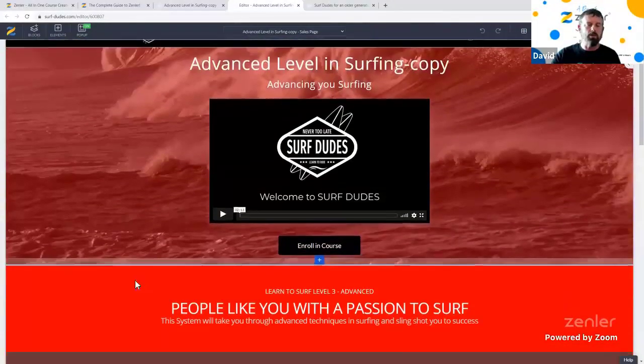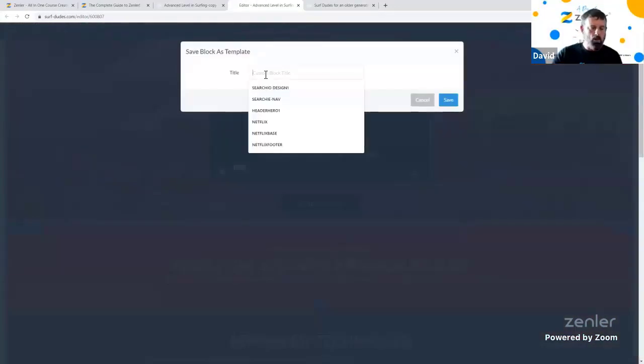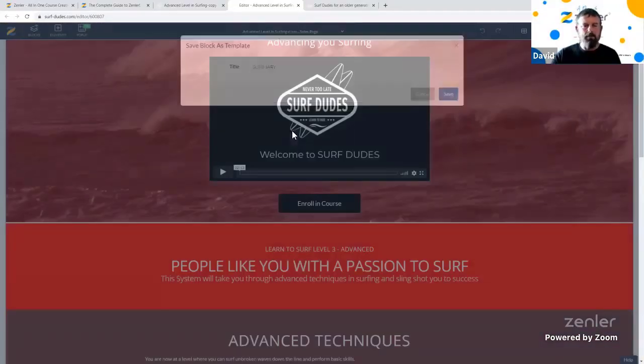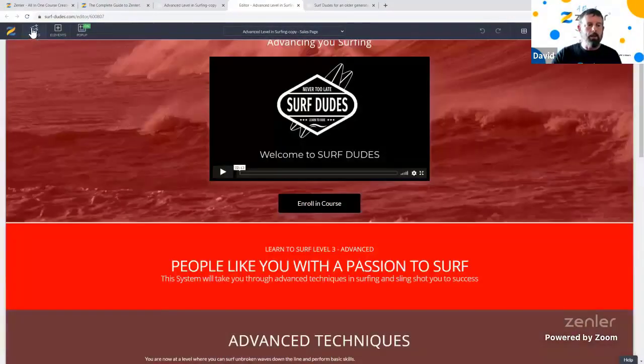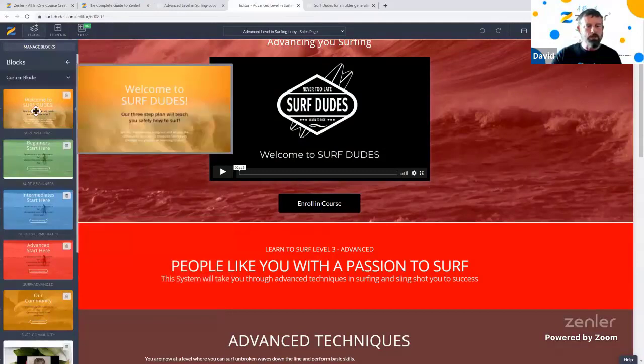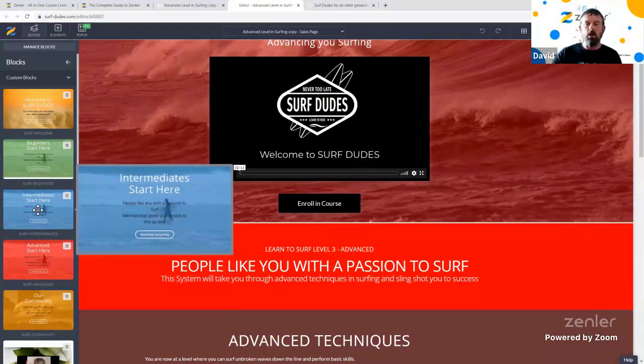But if you did want to save out just a summary that you've got, remember you can just click in here and call it summary. So I could save that out, click save, and now that's going to appear in my blocks. So when I come down to my custom blocks, you can see I've already got my blocks saved out. This is purely so that I can throw them into areas really quickly. One, it's really convenient. Two, it saves me a ton of time because I can just throw them straight into